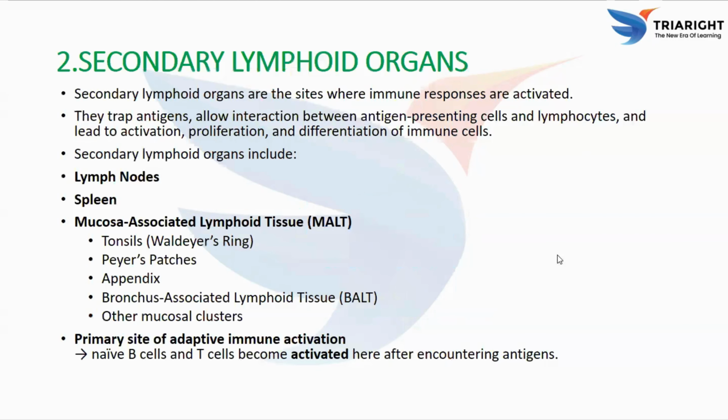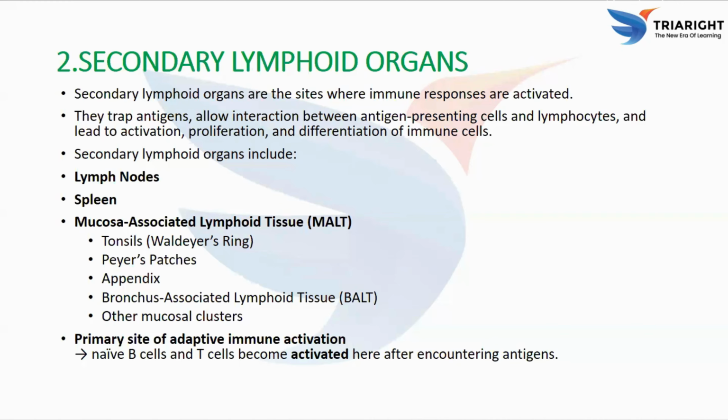So today in this session you are going to learn about the structure and functions of secondary lymphoid organs. So what are secondary lymphoid organs? These are the places where the immune system actually fights the battle against the germs. These organs do not produce immune cells; instead they are the sites where immune cells get activated for meeting the antigens, like foreign particles such as bacteria, viruses, and toxins. Think of these organs as training and battleground centers for B cells and T cells.